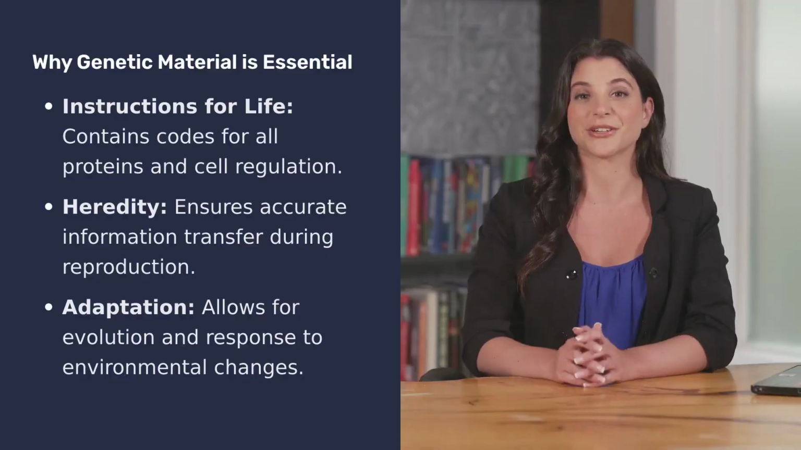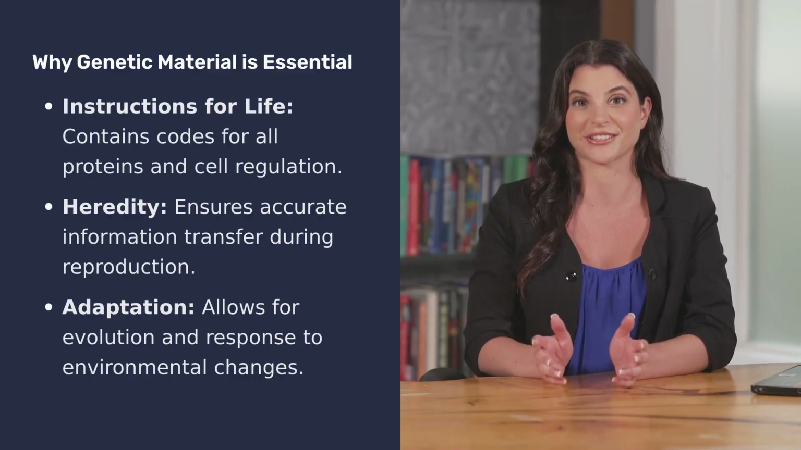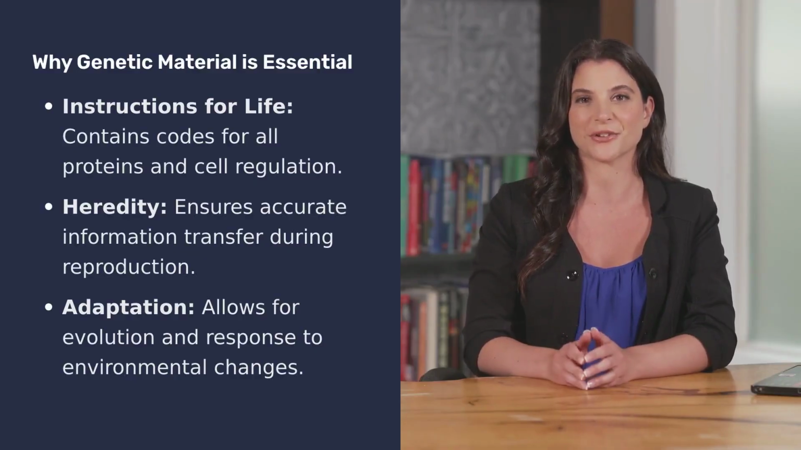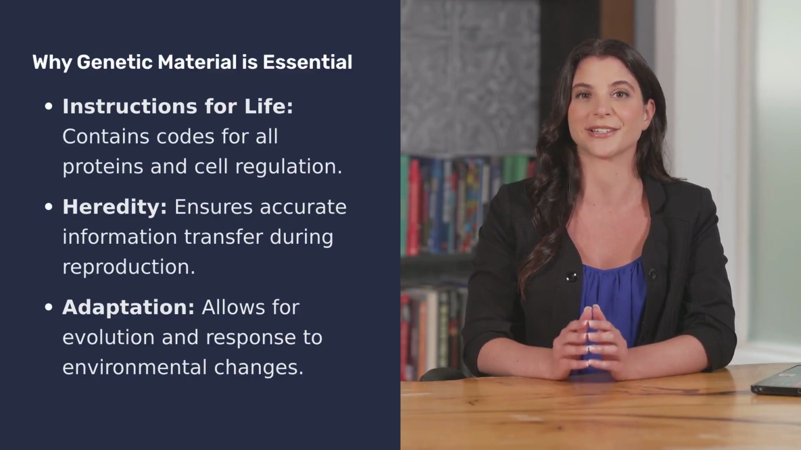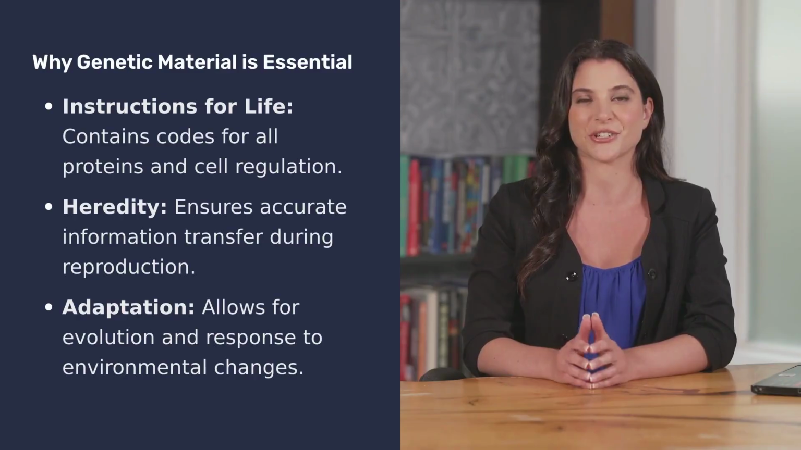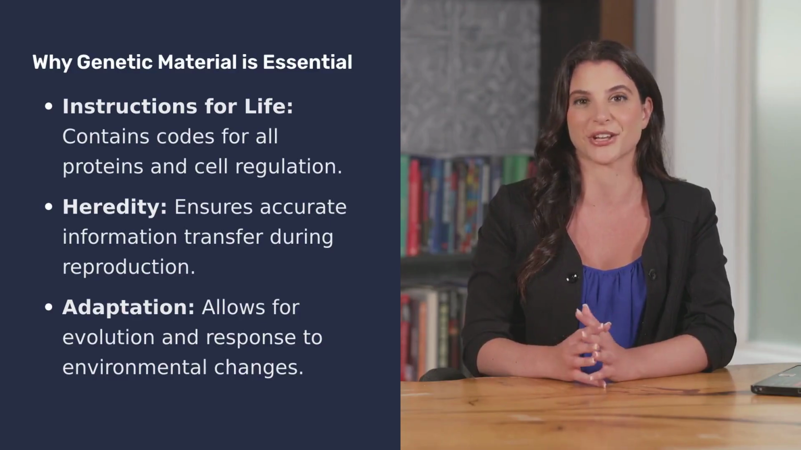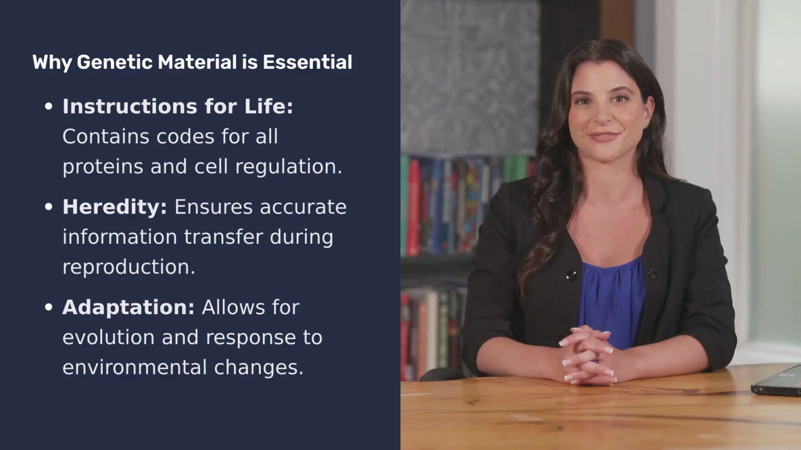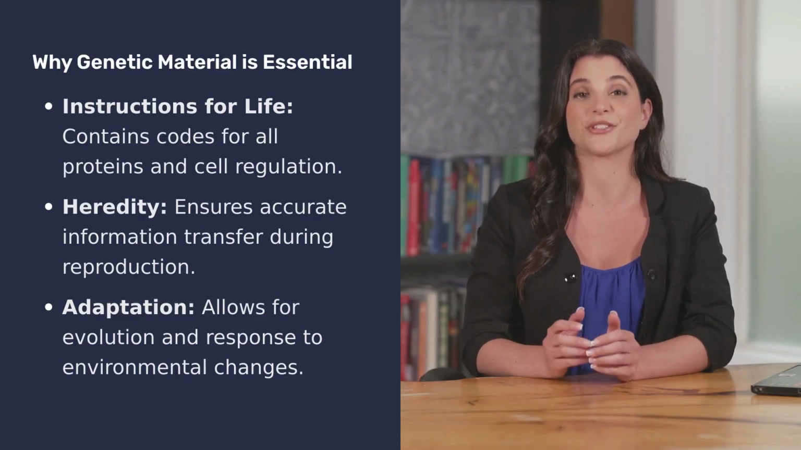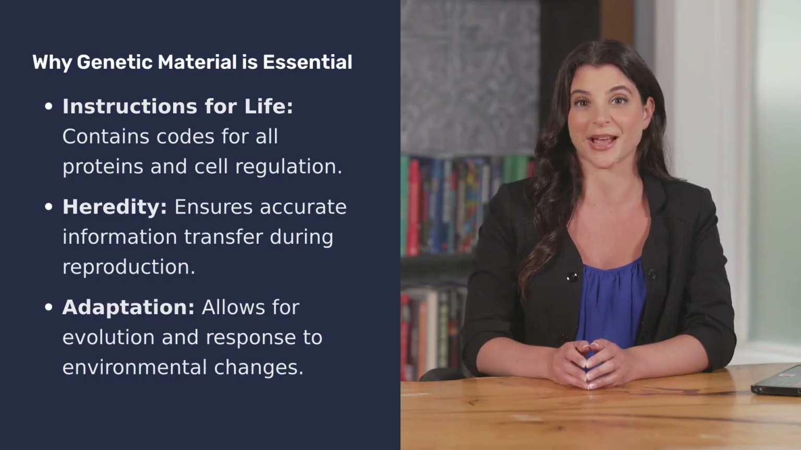The genetic material is essential because it holds the complete set of instructions for a cell's existence. It dictates which proteins are made, when they are made, and how the cell functions. Crucially, it ensures that genetic information is accurately passed from parent cells to daughter cells during reproduction, maintaining the continuity of life. Without this blueprint, a cell would have no instructions, no identity, and no ability to replicate or adapt,